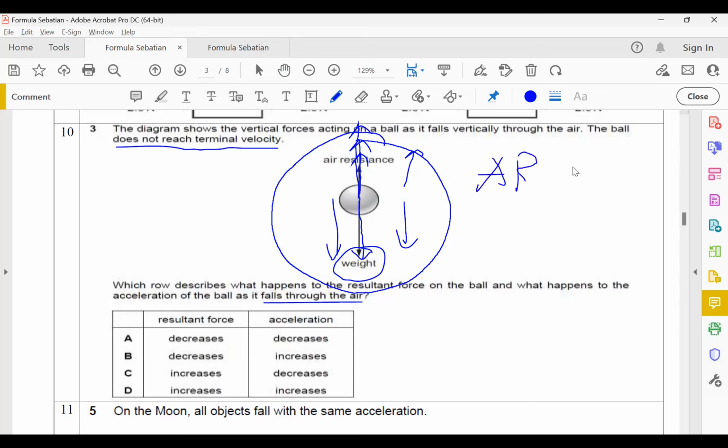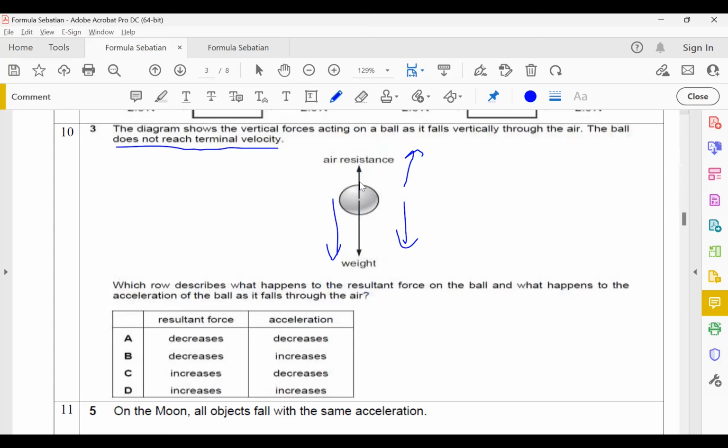The air resistance is directly proportional to your speed. As it keeps falling, obviously what's going to happen is the speed is increasing, right? As the speed increases, the air resistance will increase also. That's why your resultant force and your acceleration is supposed to decrease, because in this scenario, in the first scenario here,